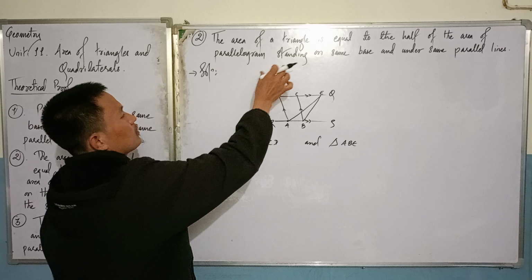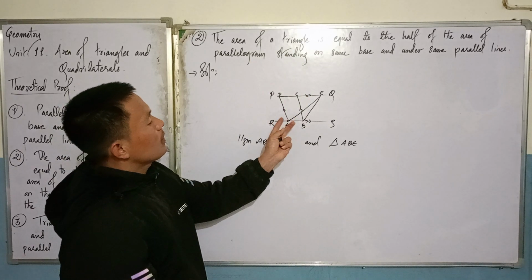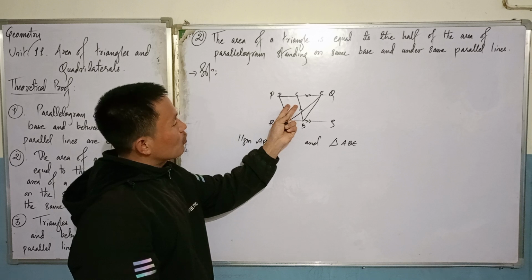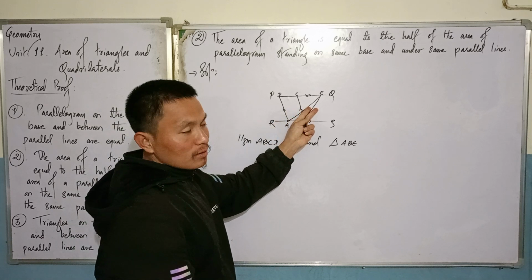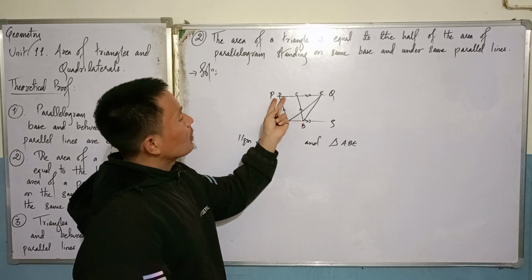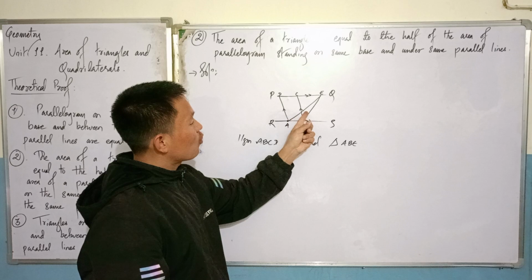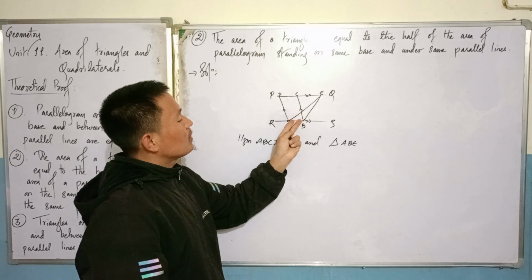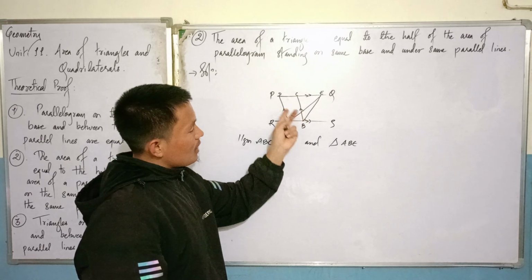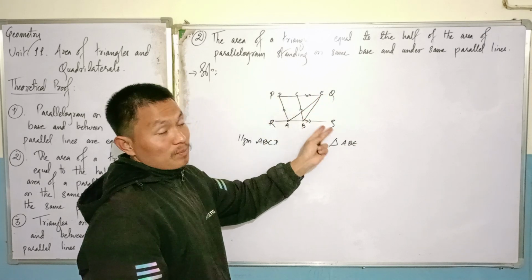What this statement is trying to say is, if there is one parallelogram and another triangle, and both are standing on the same base AB and between the same parallel lines PQ and RS, then in this case,